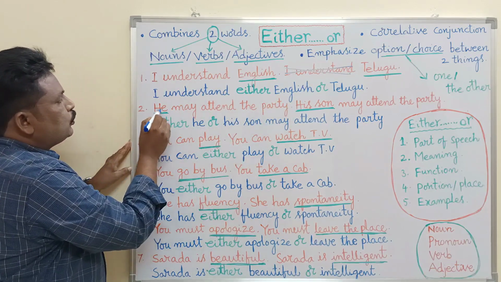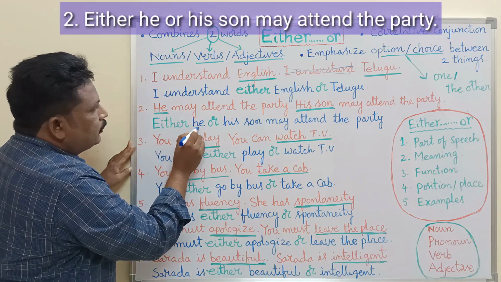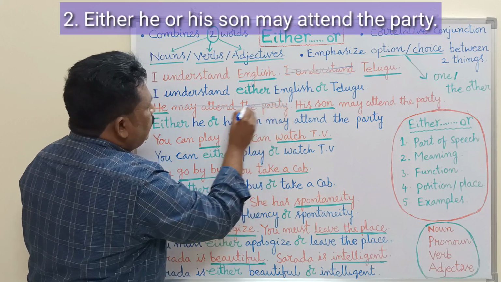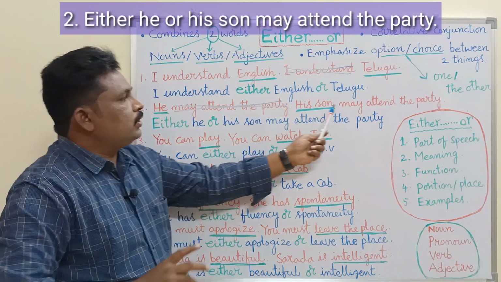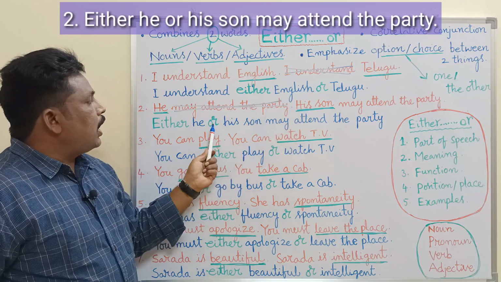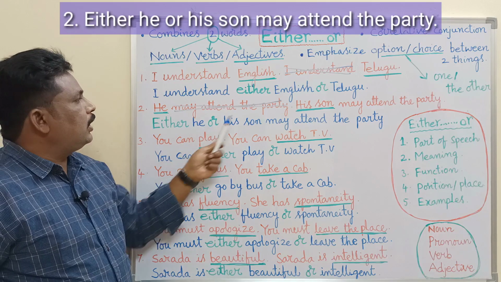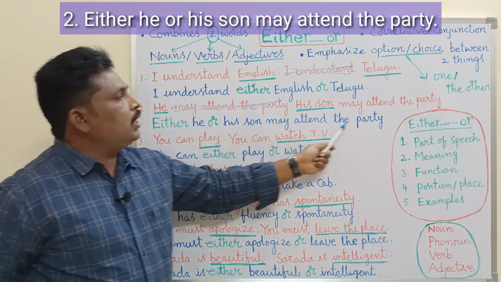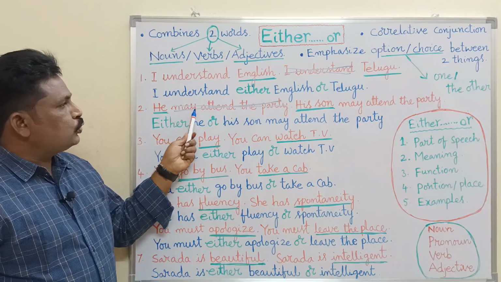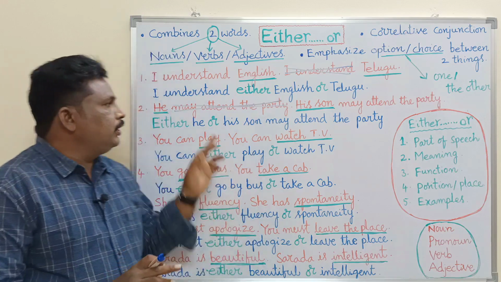These two are different, so subject is this one, so we write either before the subject. So, either he. And we can avoid this sentence because we have the same at the end. Before this subject, or his son. Either he or his son may attend the party, full stop. So this expression and this expression both are same. That is why we don't need the first one.